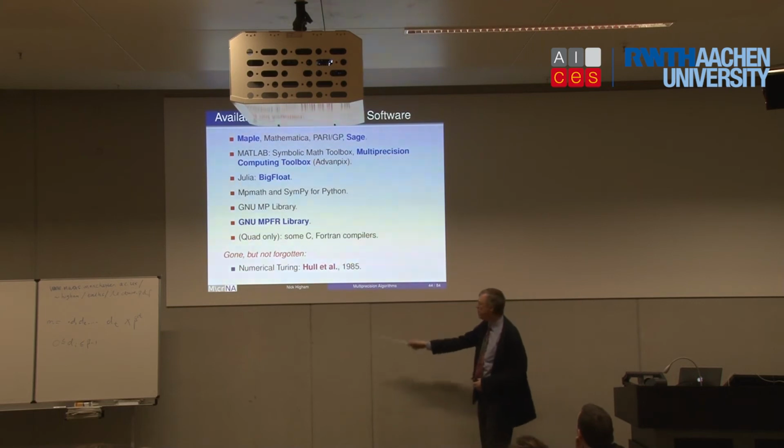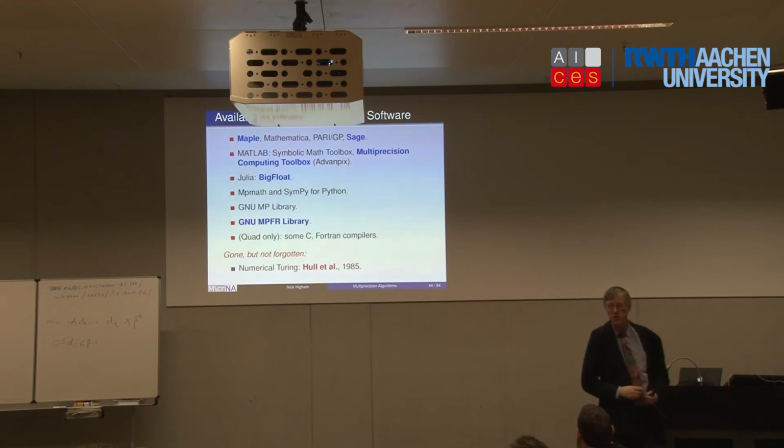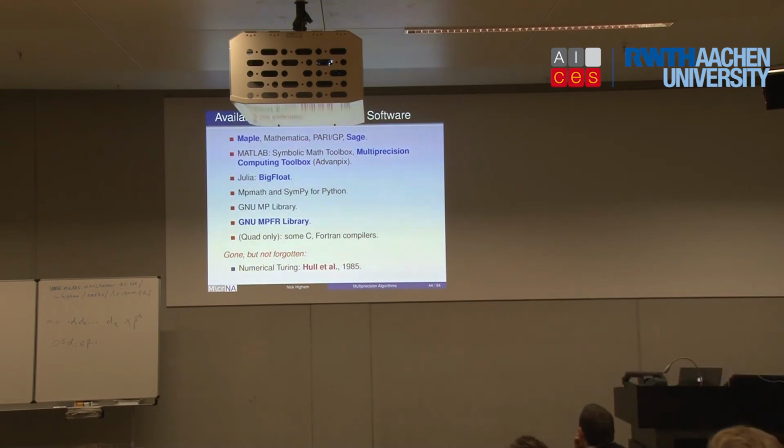You won't have heard of Turing. This was at the University of Toronto. In Toronto, I'm talking about Professor Tom Hull, years of numerical analysis actually. Turing was a language developed at Toronto for teaching their computer science students to program. So it's a bit of a Pascal sort of language. And Tom Hull was developing a version called Numerical Turing, which had arbitrary precision base 10 arithmetic. I think a couple of papers might have been written, but it's certainly not very well known. An attempt to support high precision floating point.